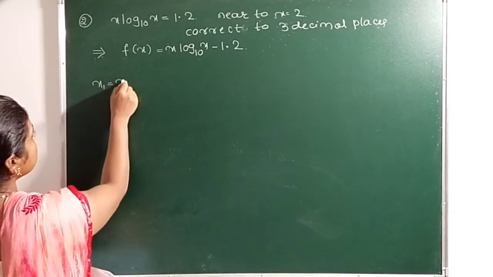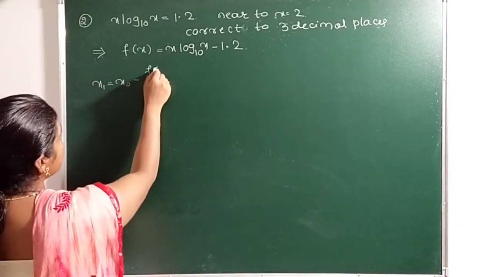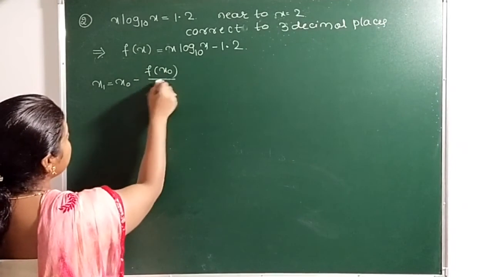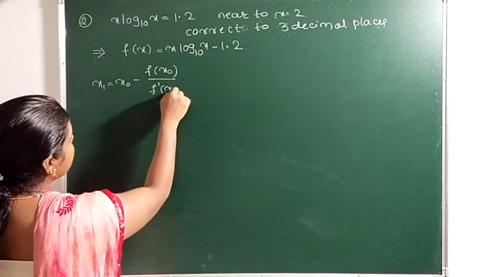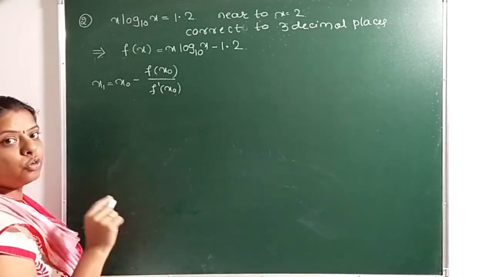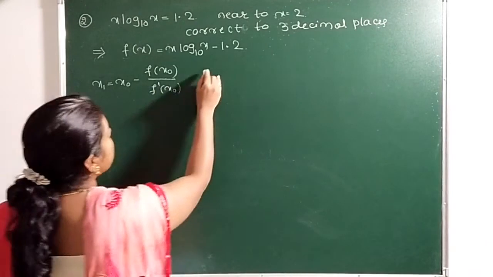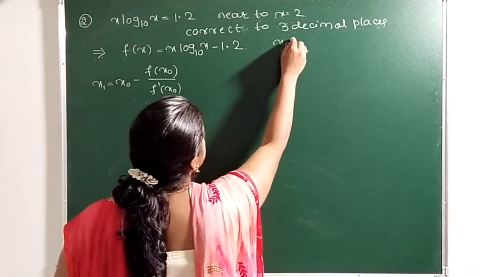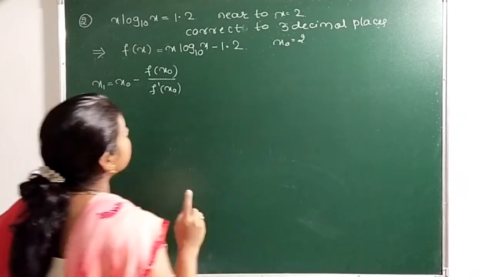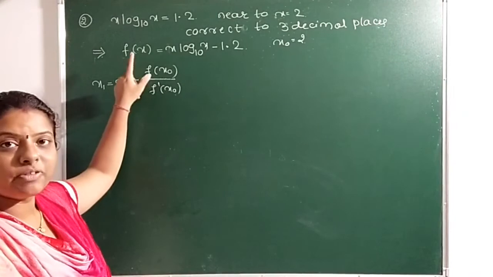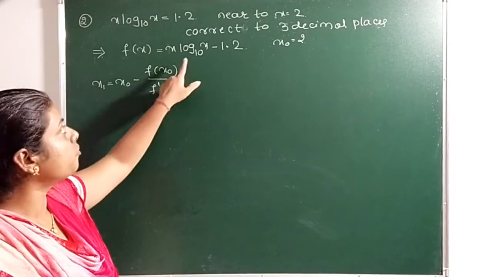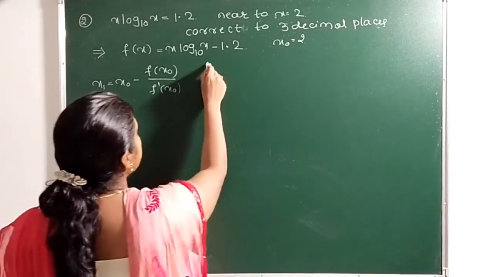x1 is equal to x0 minus f of x0 divided by f dash of x0. Means we need to find the f dash term. Here x0, they given that is 2. Okay. That's why first we have to simplify this term in the form of base e. That's why let